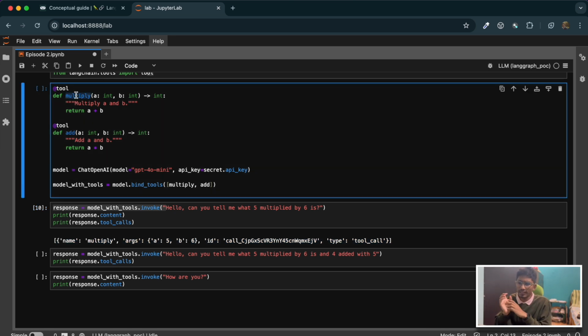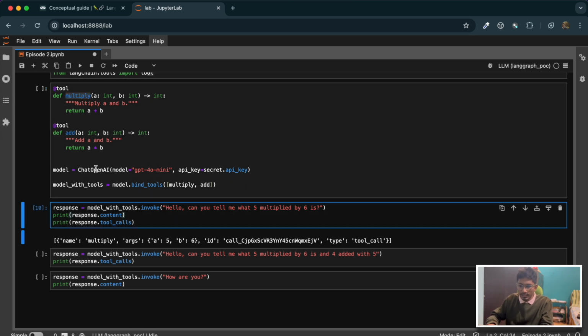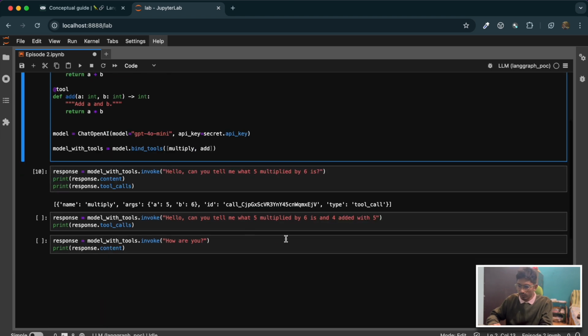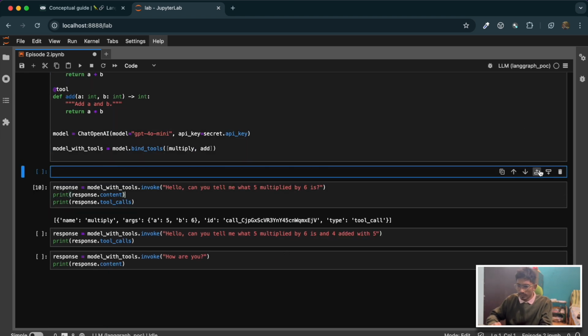So now you might be thinking, then how can we execute the tools and get the output? For that, we have to write some extra code. For example, each of these tools, when you define a function with this tool decorator, now this function becomes powered with the invoke method. For example, let me just add something here, multiplier dot invoke. If I do 5 into 3, let's say, and I just print it, it should